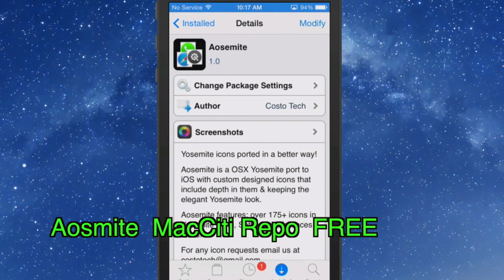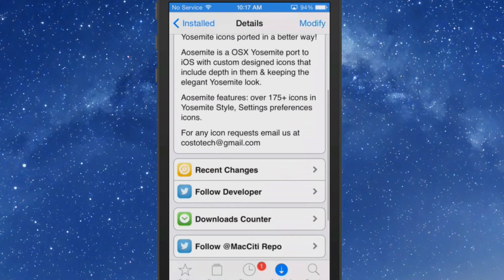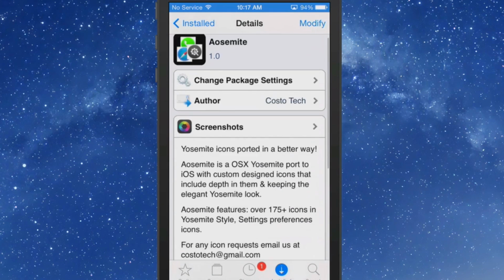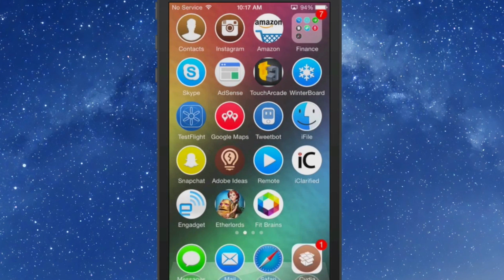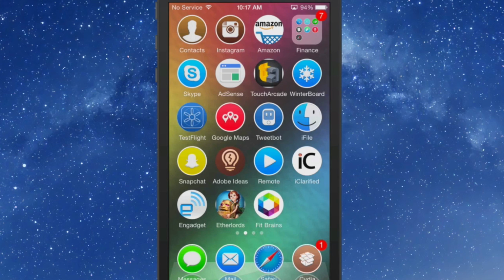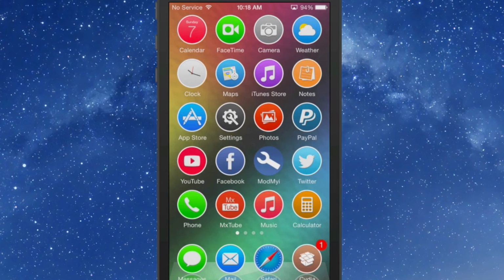The first one is a free theme. You can get this in the MacCiti repo, and this is a port for the new OS X software called Aosmite. So this is supposed to resemble that somewhat, and I do get the feel of that from it just a little bit. It's called Aosmite, and what this does though that makes me sort of enjoy it more is